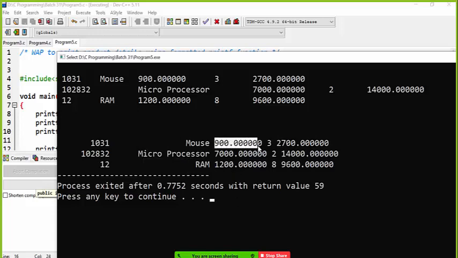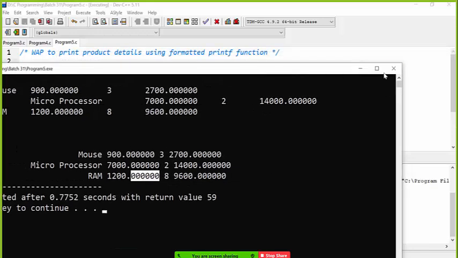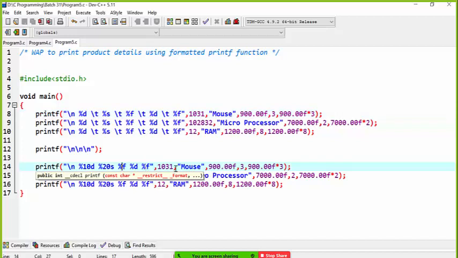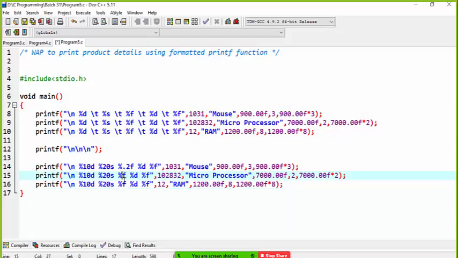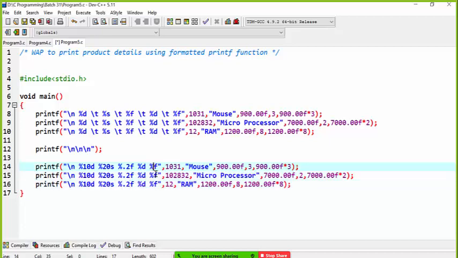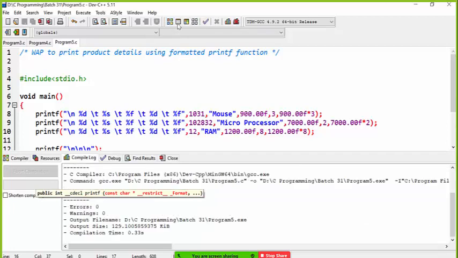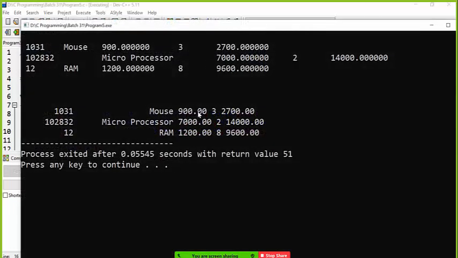The product price has 6 precisions, and I want only 2 precisions. To minimize the number of precisions, instead of typing %f, you type %.2f. Then it prints only 2 precisions for the amount.